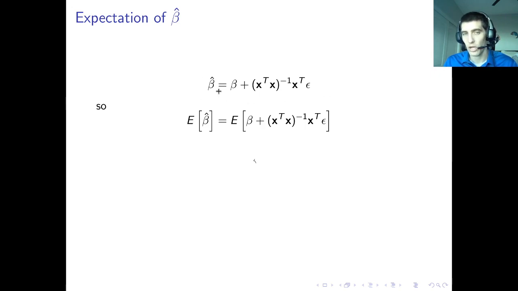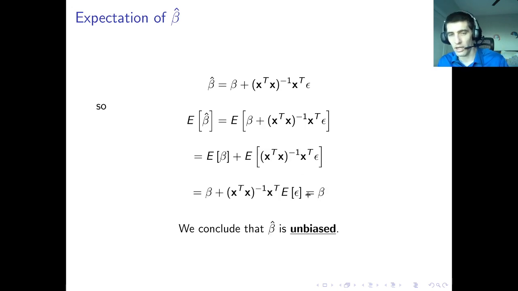Okay. If I want to take the expectation of beta hat, I can just apply expectation to both sides. What do we know about the expectation across this sum? Well, I can apply the expectation to each piece, right? When I apply the expectation to each piece, this bit is constant. This is just some fixed true value of beta. This bit is random, depending on epsilon, right? But this matrix part is fixed. I said fixed X, varying epsilon, therefore varying Y. We can pull the matrices out of this expectation, and I'll just apply it to the epsilon. And what is the expectation of epsilon? Well,